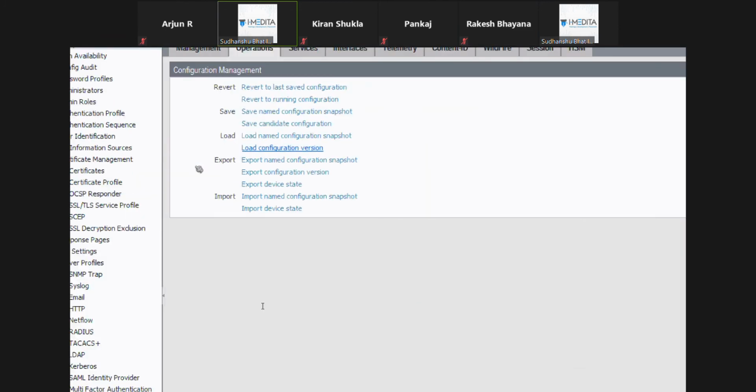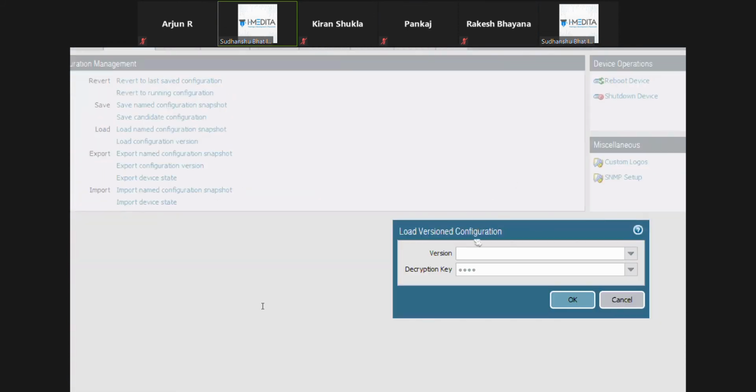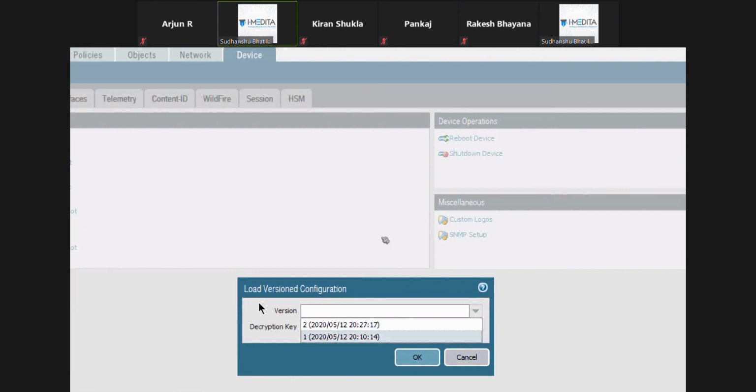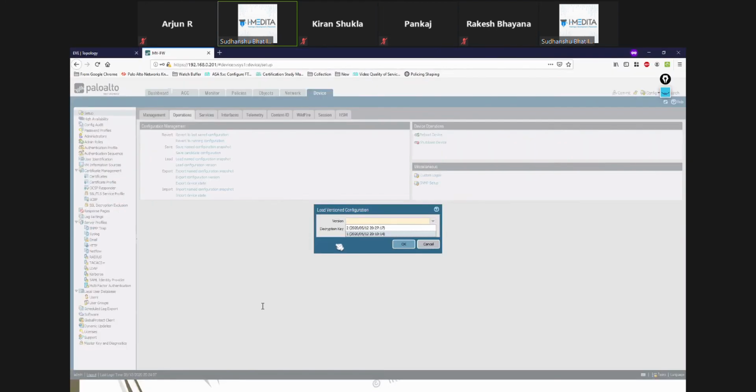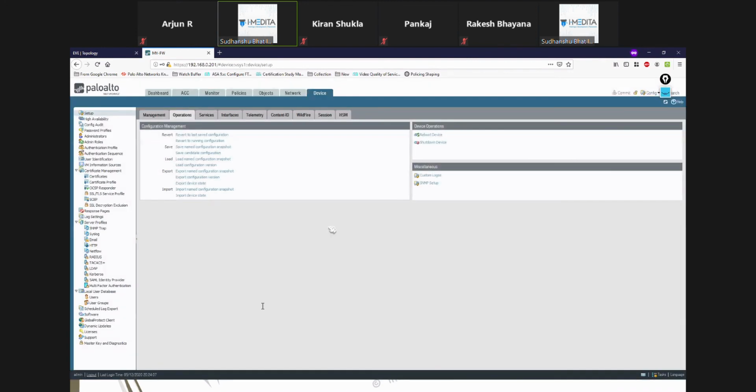If you click on load configuration version, you see we did commit two times till now, right? This was our first commit, this was our second commit. So they have saved them within the firewall. When you make a commit, the firewall basically takes a backup of that configuration.